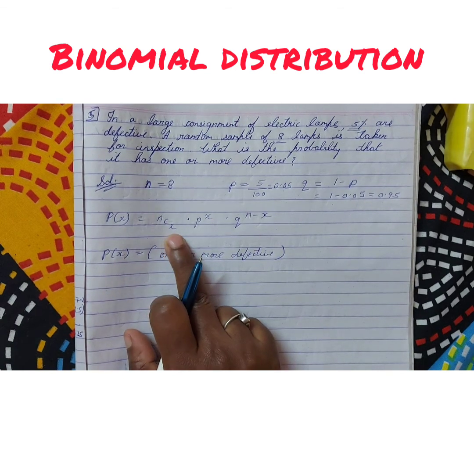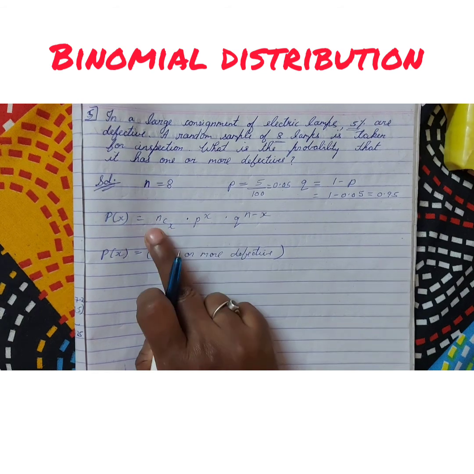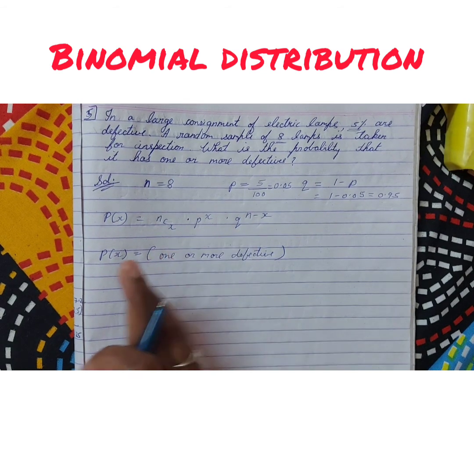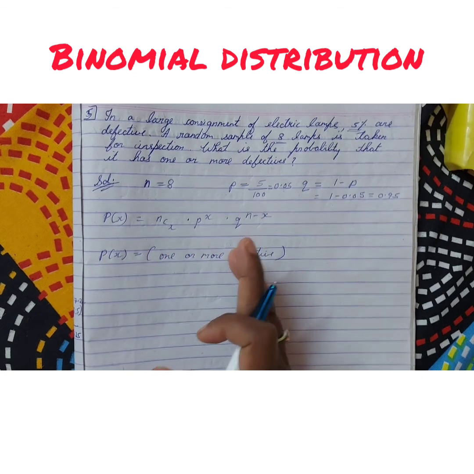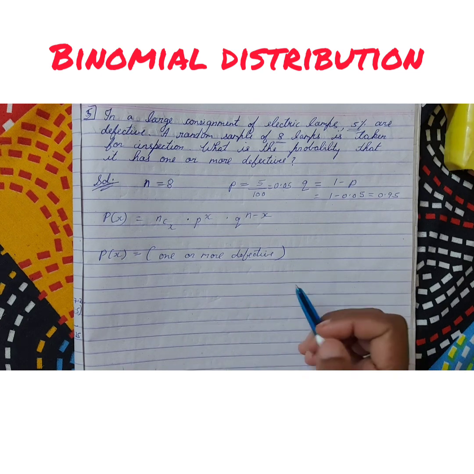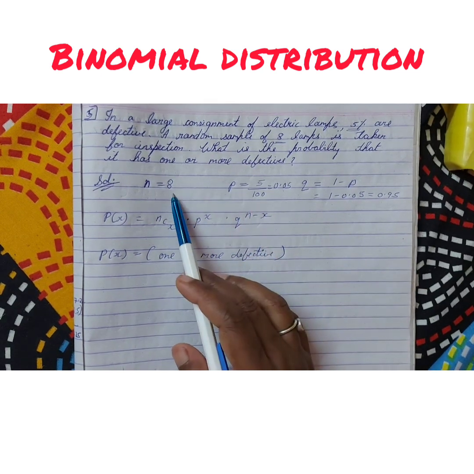First x take as 1, then take 2, then 3, then 4, then 5. x value will go on changing. p, n and q value will remain same. This individually we have to calculate first and then add. In the previous problems you all must have seen. So in such type of problems, when n value is big,